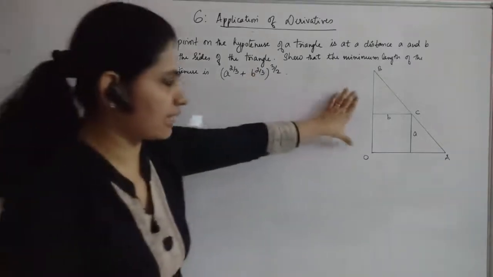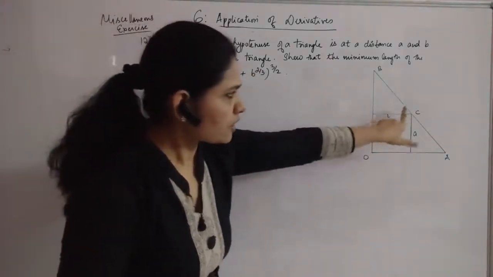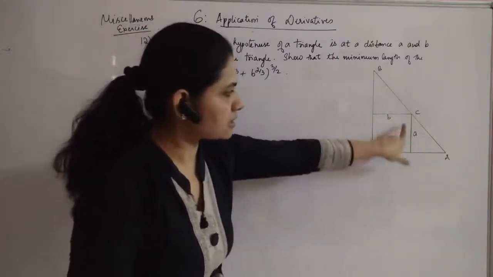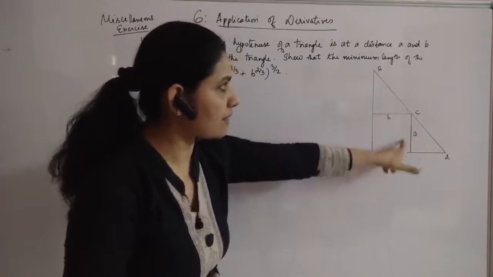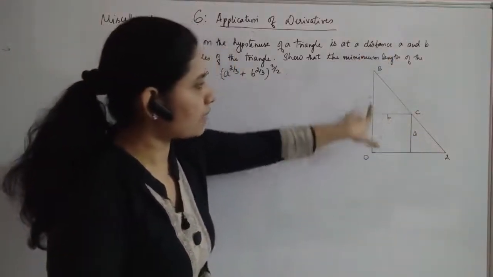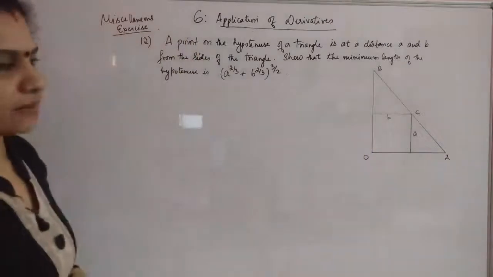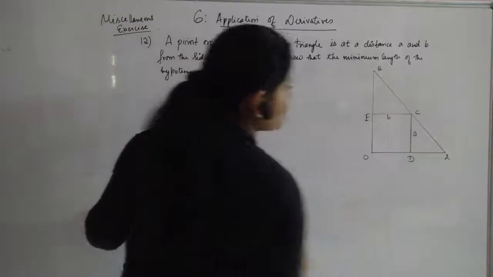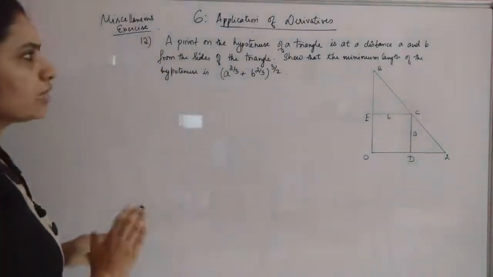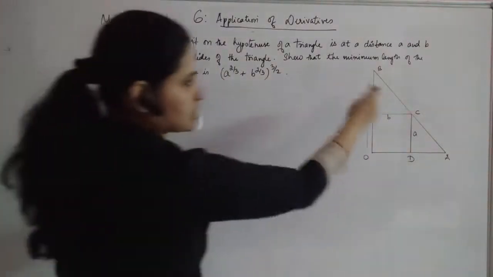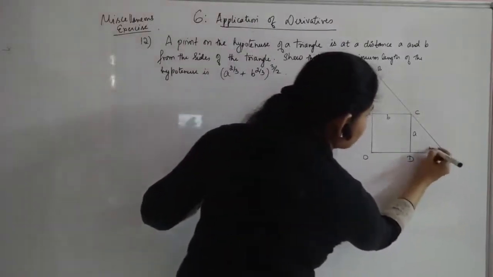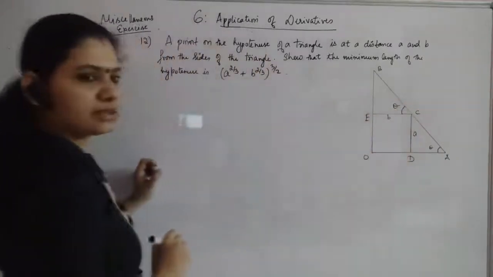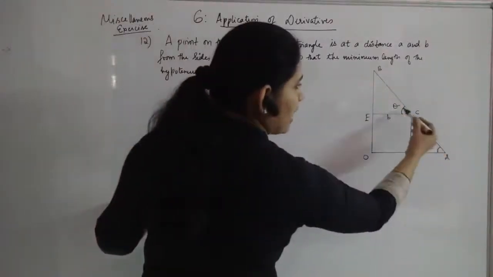So first we have taken the triangle. On the hypotenuse you have taken a point as C, and from OA, one side, it is having a distance of A which is given. Again from the other side you are taking the distance B. Okay, suppose this point be D and E, so that we can take the triangles to get the sides. Suppose this angle is theta. What can you say about this angle? This will also be theta, right? These are parallel lines, so you will have the same angle.